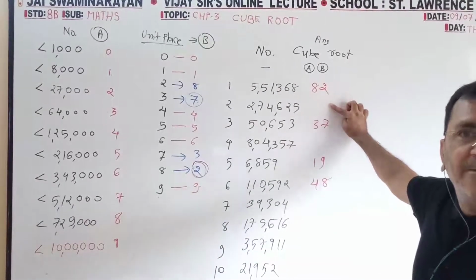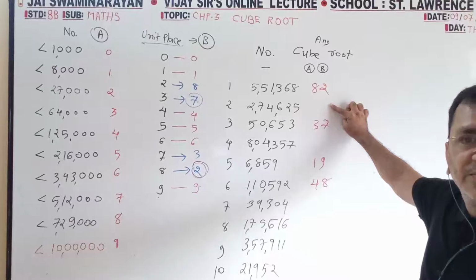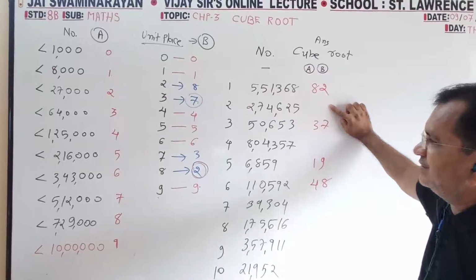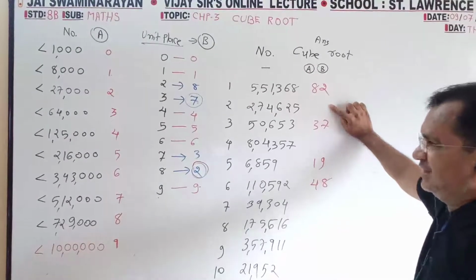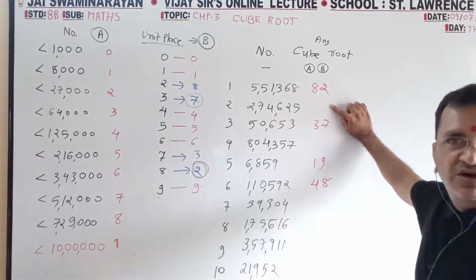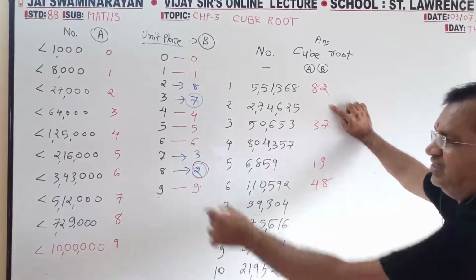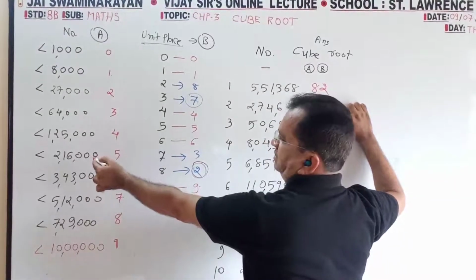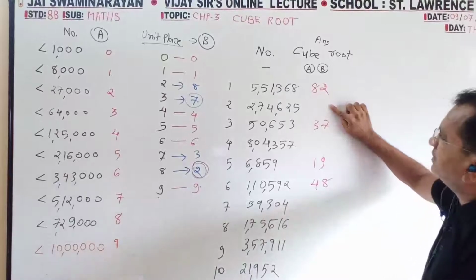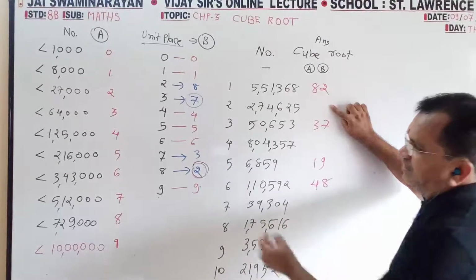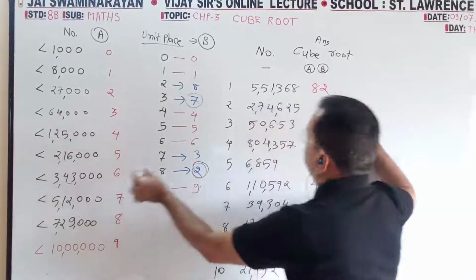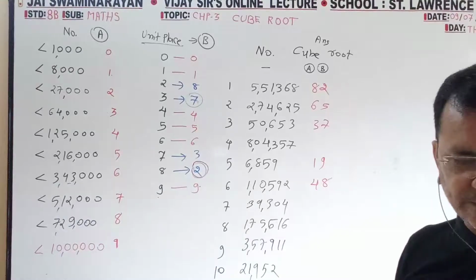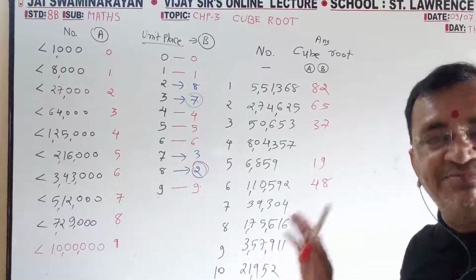Second one? No. It is 2 lakh. 5 is correct, but 3 is wrong. See, 2 lakhs here it will come. Here, less than this. This is up to 16,000. This is this. So 65. Next. Don't do it in the calculator. Do it by my method only.